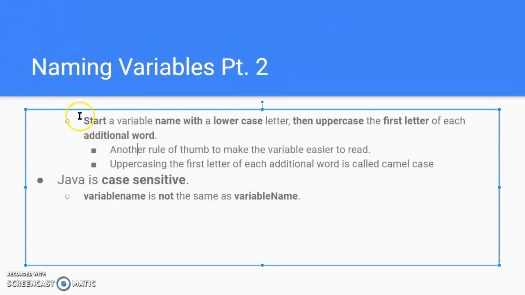Now, further on, there's more rules that you need to know. There's also an organization rule, again, that you always start a variable name with a lowercase letter, then uppercase the first letter of each additional word. This is considered camel casing. Now, in practice, this should mean that variable name, like this, should actually be variableName,